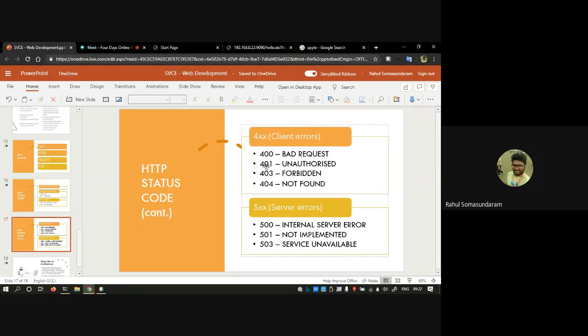But if you want to validate on the server, then you can give the 400 response. And 401 and 403 are related to security concerns. If you are logging into Facebook or Gmail without proper credentials, like not entering your username and password, then you need to throw 401 or 403 depending upon the case.